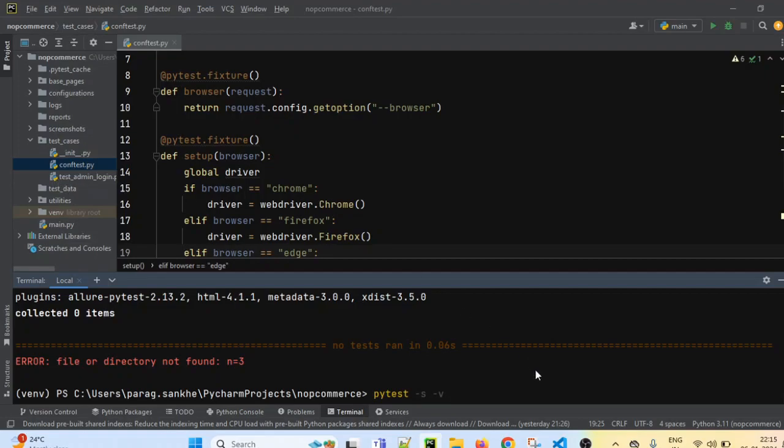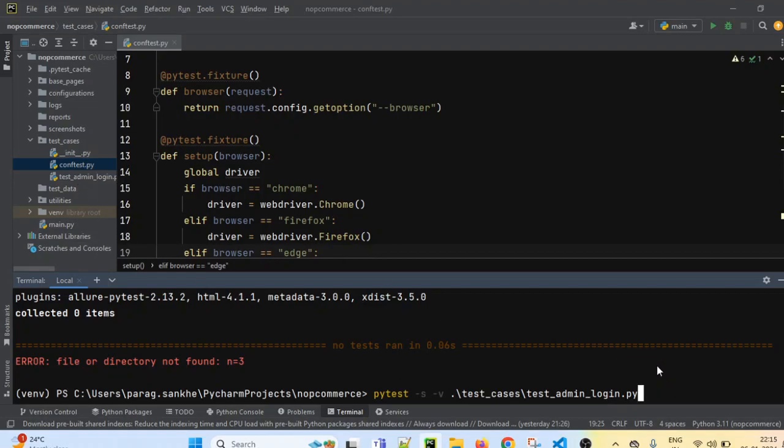I will just put the path of that test case. Inside the NopCommerce project we have the test cases folder, and in the test cases folder we have test_admin_login.py. This is the file which we want to execute. So this is the command: pytest -s -v, and after that we provide the path of the test cases which we want to execute.